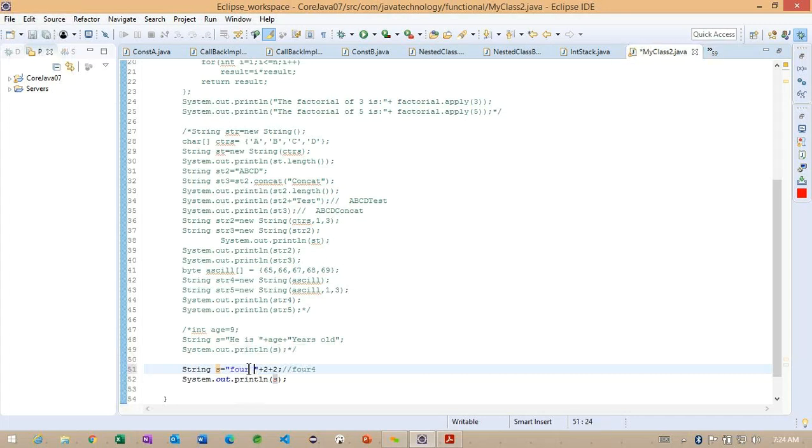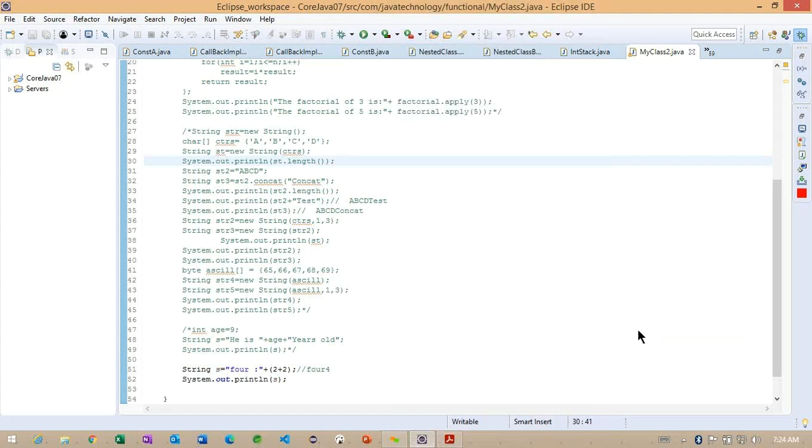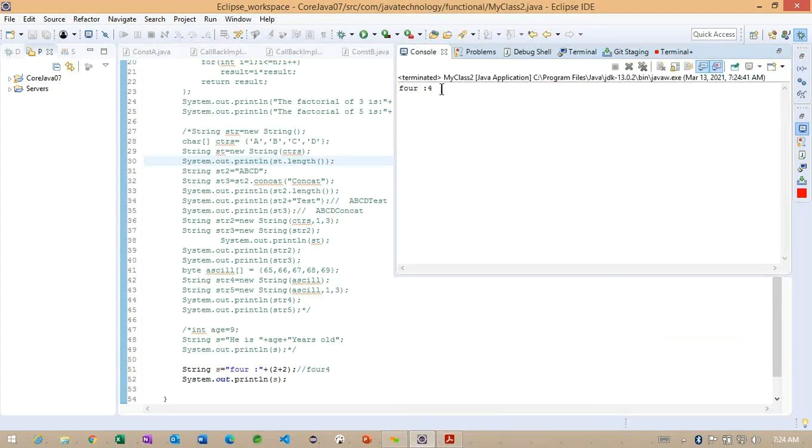So carefully observe. To work on that, what can we do? We need to specify the brace here. Whenever you are specifying any brace, it's going to take high priority. If we observe the same example, so see here.